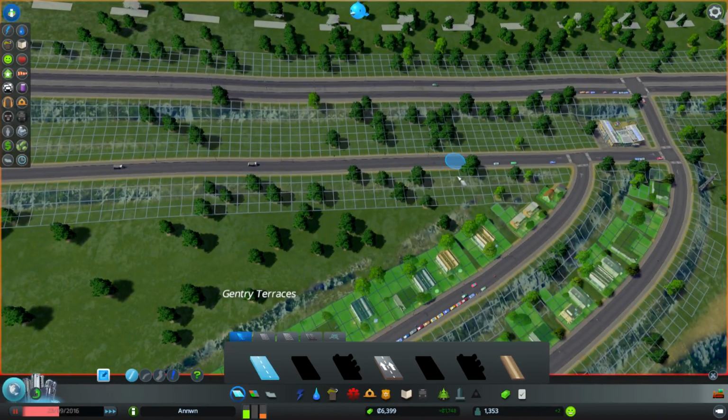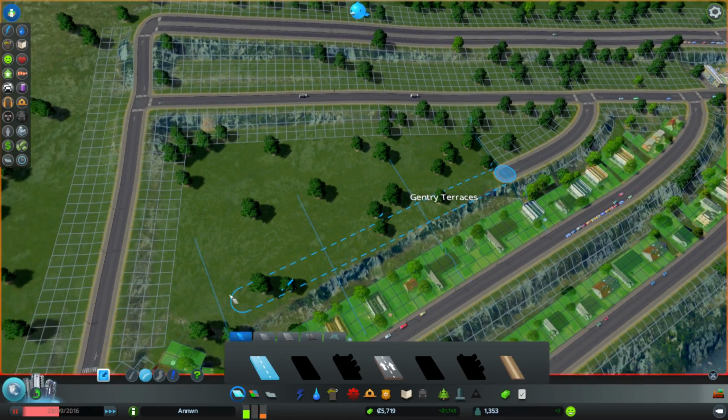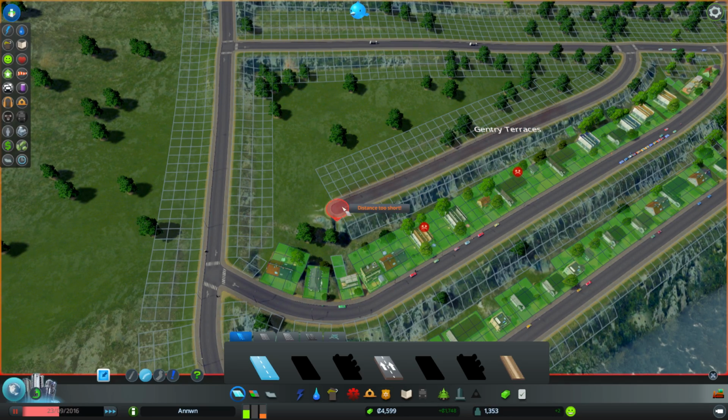Once again, we will try and stick fairly close to the terrace. So we want to come down to about there. And then straight along. About there. We'll be bringing this on down here. To around about there, perhaps. No, that seems a little bit too close. No, no. There. And then...